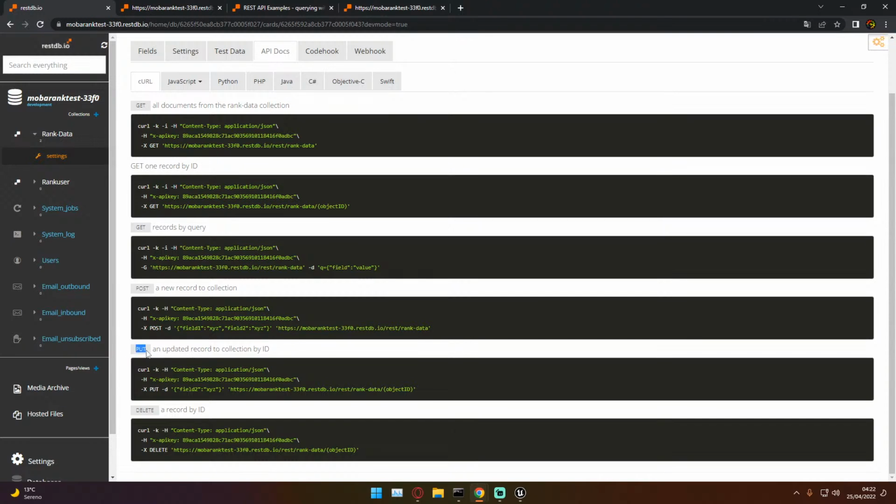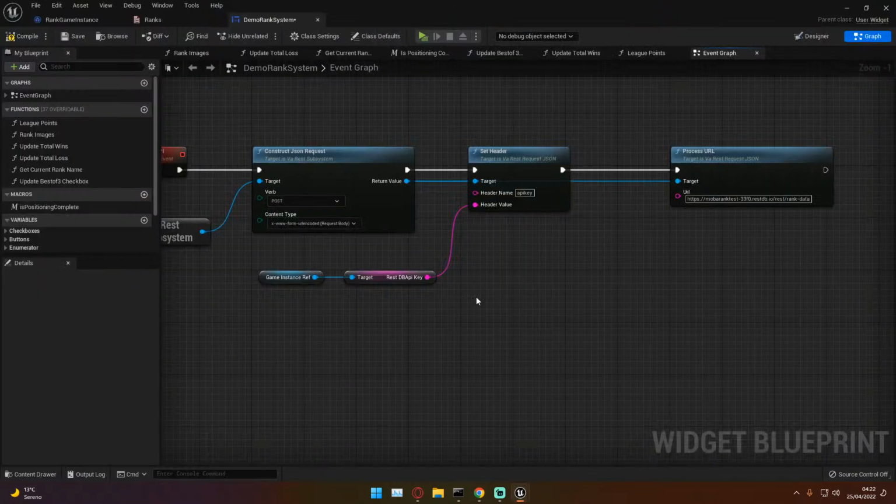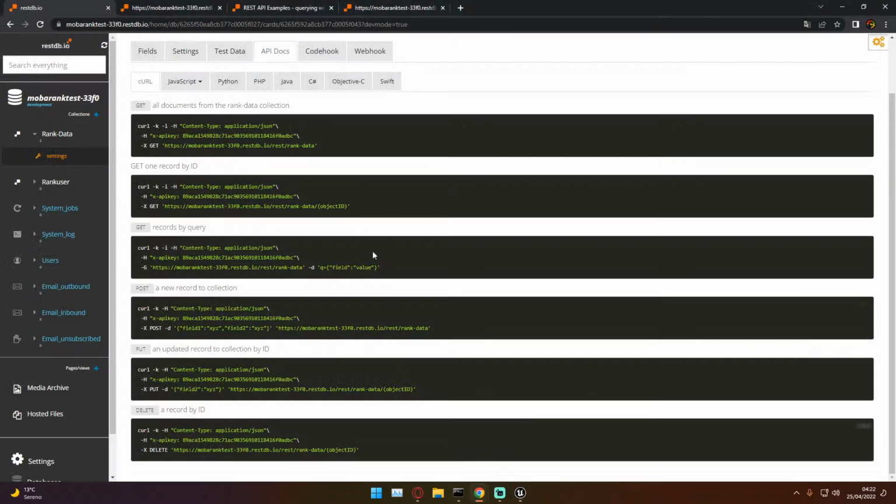Now we also have the put options instead of the post. I don't know if the object ID is what I believe it is. Oh, the header is X API key, I'm sorry. So let's just change it up to X and this. Compile. So let's just try to write a field,